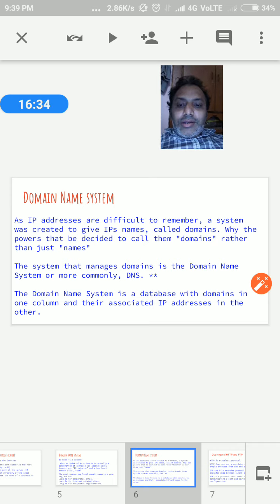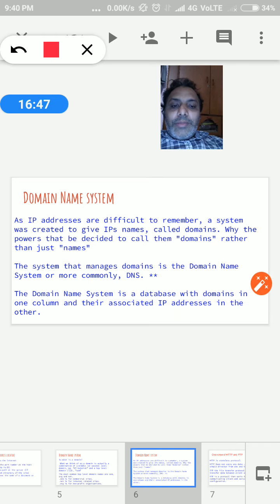The Domain Name System is a database with the domain in one column and the associated IP address in the other.